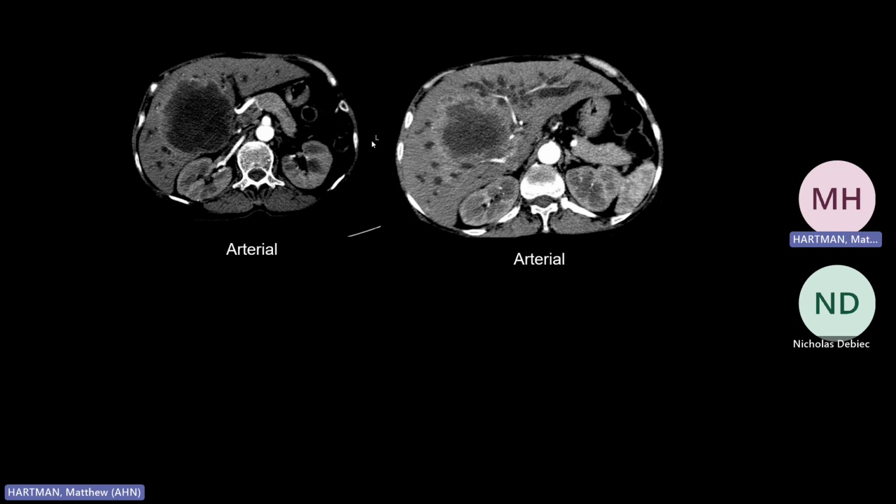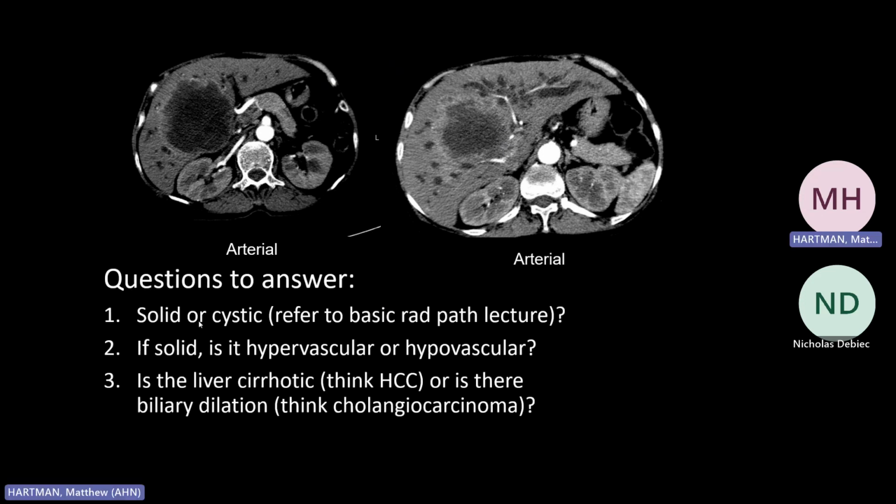Now, I'm going to tell you, we ended up biopsying it. This patient was as orange as a carrot, very jaundiced, probably the most jaundiced patient I've ever seen. And we had an inkling of what this was. Again, wanted to confirm it with tissue, but this is a large central mass, hypovascular with biliary dilatation. If you remember from the beginning, this is very suggestive of a cholangiocarcinoma, which it ended up being. Again, so we said it was solid, it was hypovascular, and then our trick, biliary dilatation, then cholangiocarcinoma.